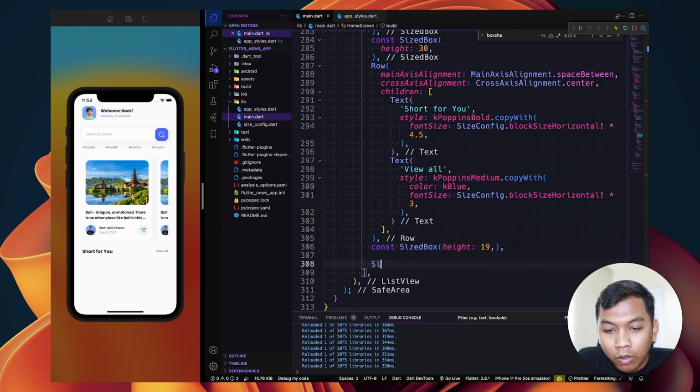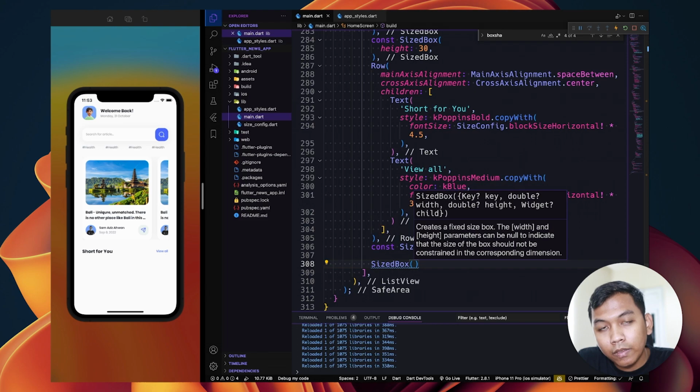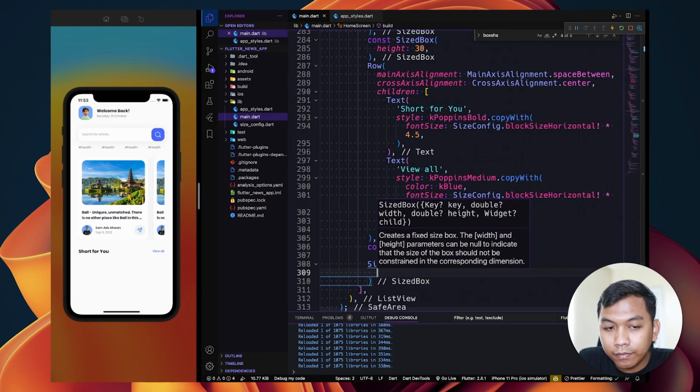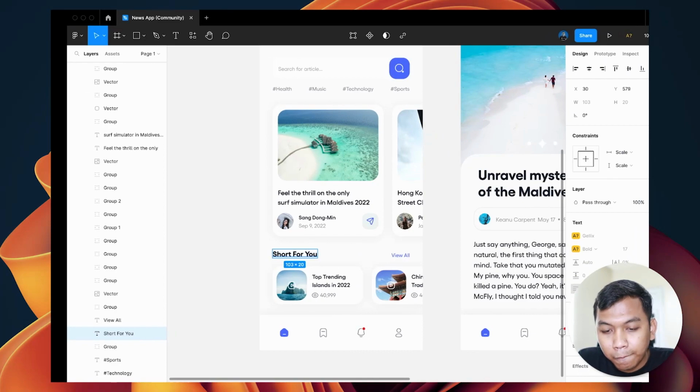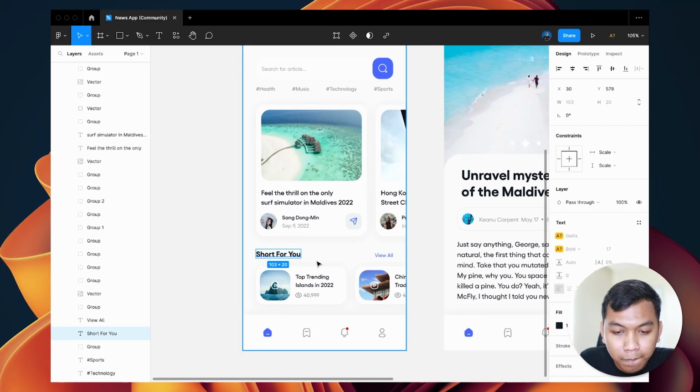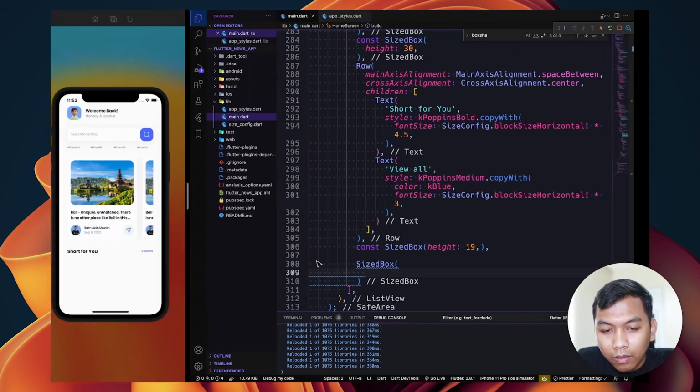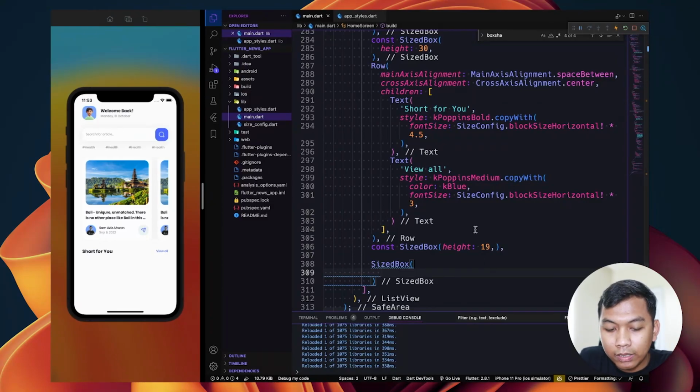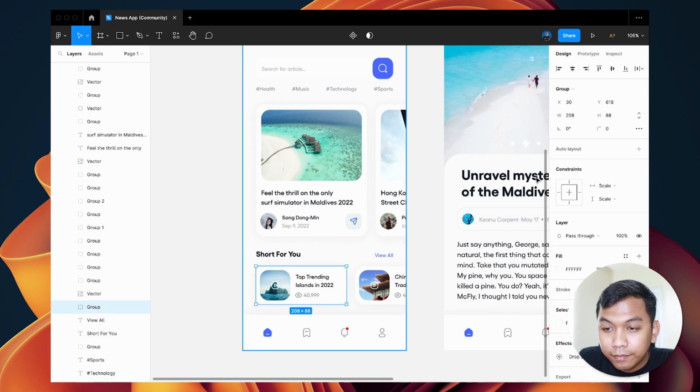And below this size box, we will have a size box again to wrap our horizontal list view. Alright, and the height will be 88.